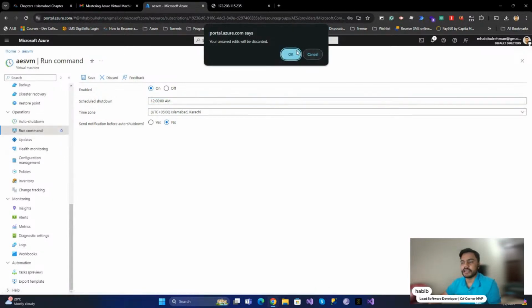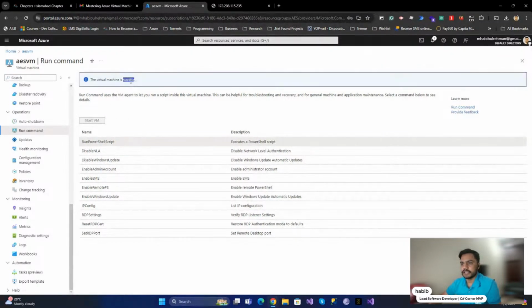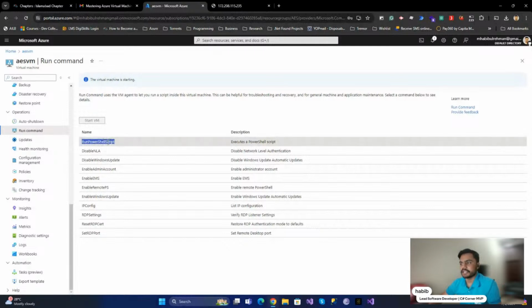Then there is the option for run command. If you want to run a specific command on your virtual machine, you can do it using this. For example, if you want to run a PowerShell script, currently my virtual machine was not running, I think, so that's why it is not running it. If you want to run a PowerShell script, you can select this option, and a run button will be available after starting the virtual machine. So here you can enter your